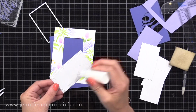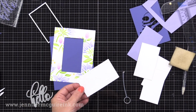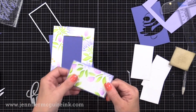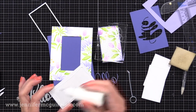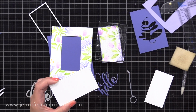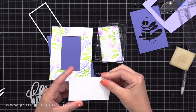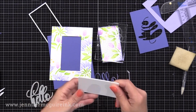Now on the back of that die cut rectangle that we just cut from our background, I am gluing a purple rectangle that I created with the slightly larger die. And look at that perfect light purple matte we have around it. It's very thin. It looks amazing. Then behind that, I'm gluing 3 additional rectangles that I created from some scrap cardstock, and that will just give it dimension. So I'm gluing these 3 rectangles behind the purple one, and then we'll put that all together on